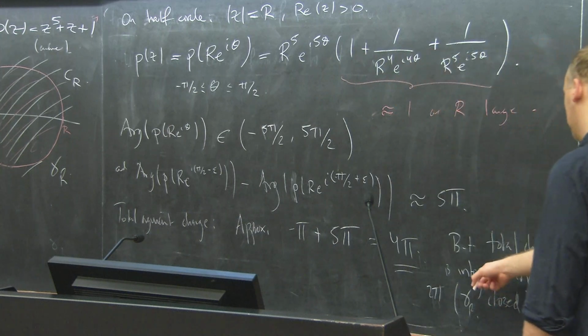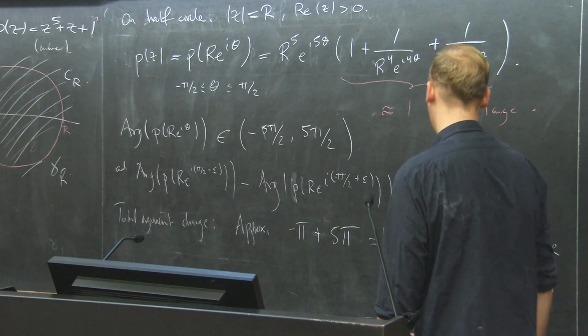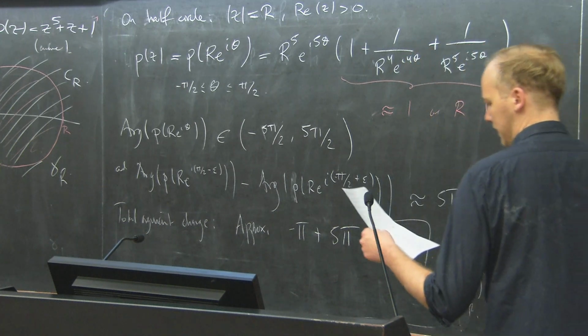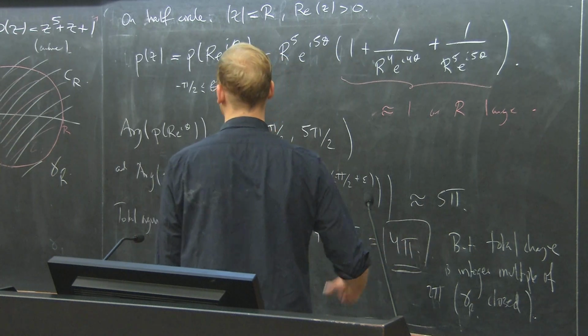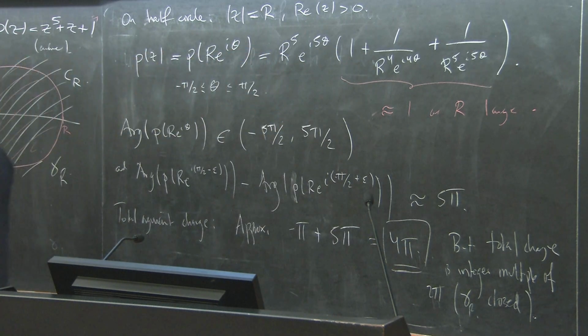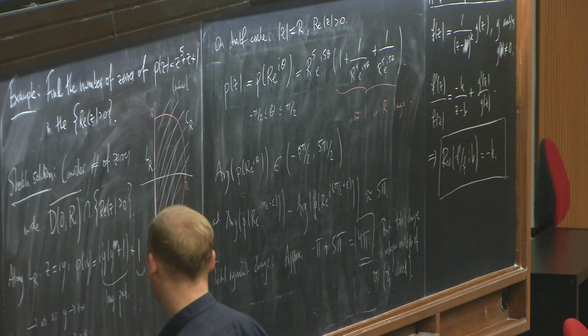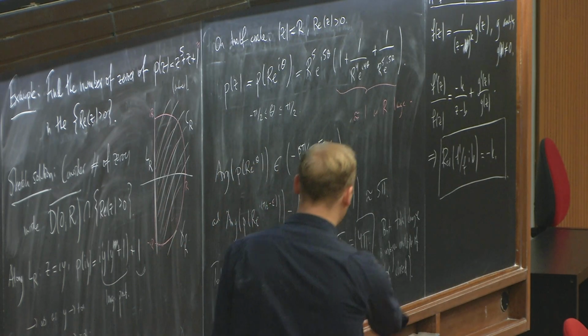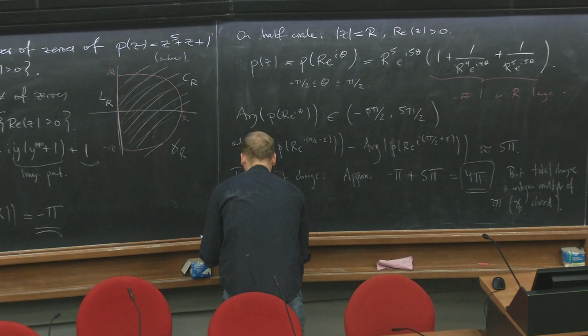Then the total change must be an integer multiple of 2 pi, so it's exactly 4 pi. And this means that 4 pi is the value of the integral. So backtracking everything, it means that 4 pi is this integral,